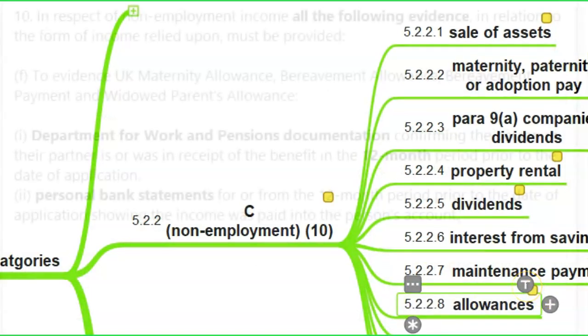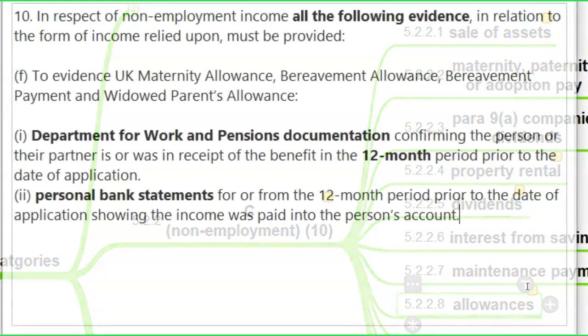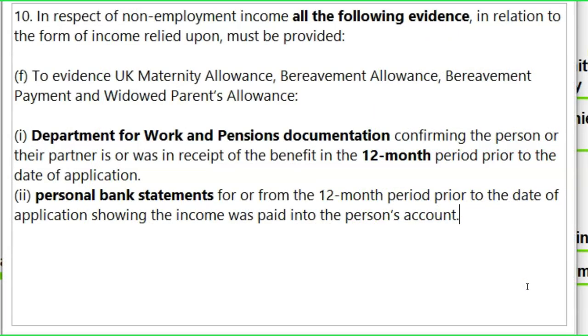Okay, what sort of allowance will the UKVI allow? It will probably help if we identify which allowances the decision makers will always disregard and not allow when assessing the financial requirements of the application. And these include, but are not limited to, loans and credit facilities of any type, and also income-related benefits such as income support, income-related employment and support allowance, pension credits, housing benefits, council tax benefits or support or any equivalent, and